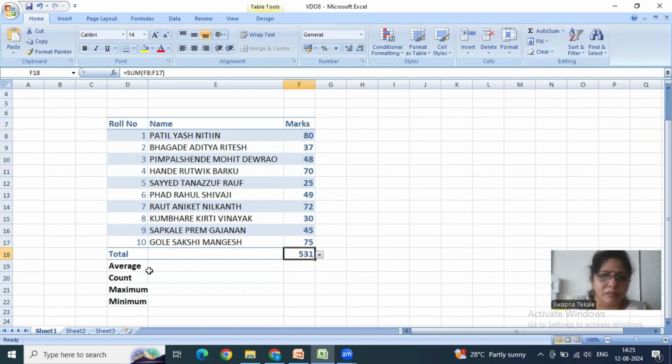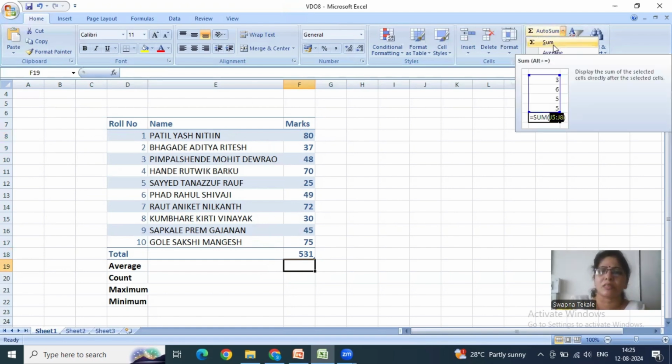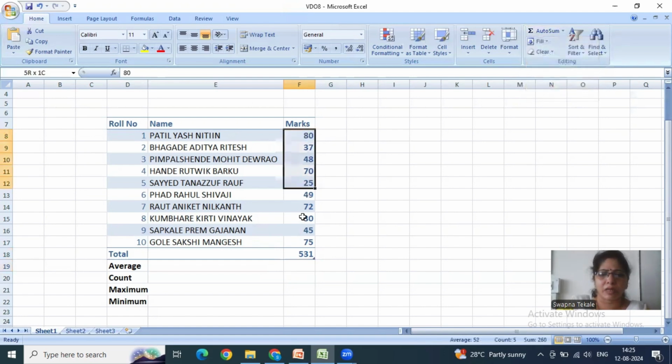Similarly, we can apply the average option. We are able to calculate the average. Put the cursor over here, and if you click on this arrow, you are able to see the various options: sum, average, count numbers, maximum, minimum. We are going to see all these options. So let us calculate the average. For the average calculation, I am selecting all these,